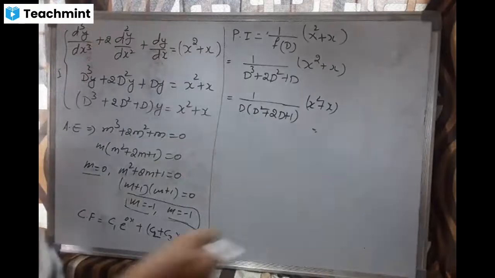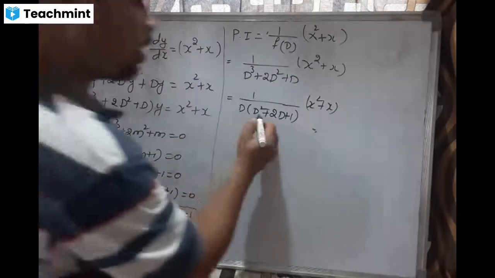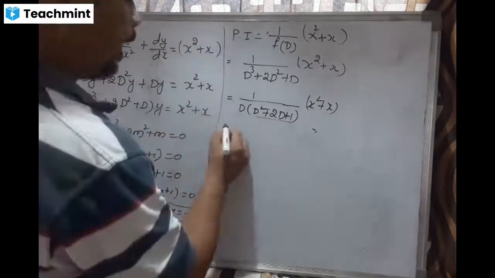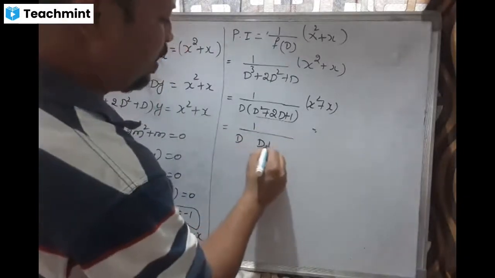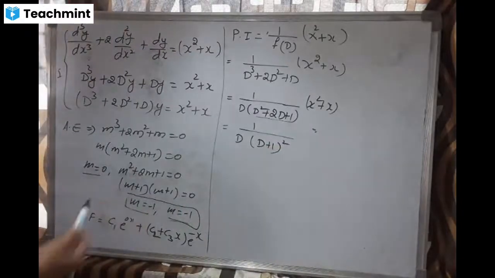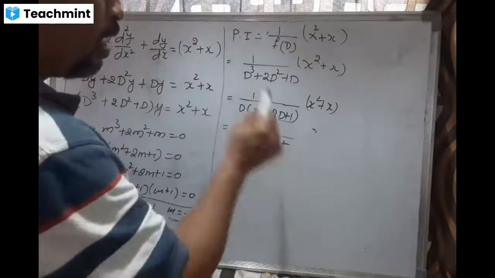Now what happens here? In this part, can I take anything common? No, not needed here. I can write the factors directly again. What is this? d plus 1 whole square, I can say. Why? You can see it here: if you make the square of these terms, I will get this.